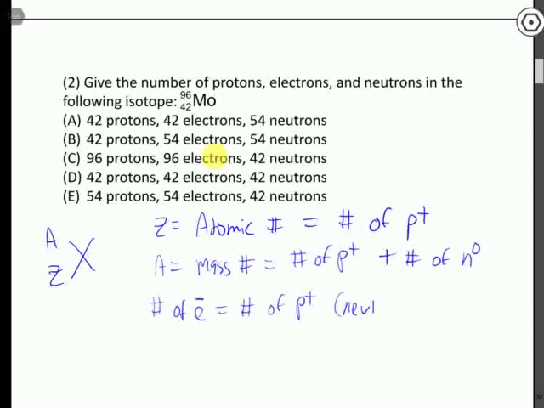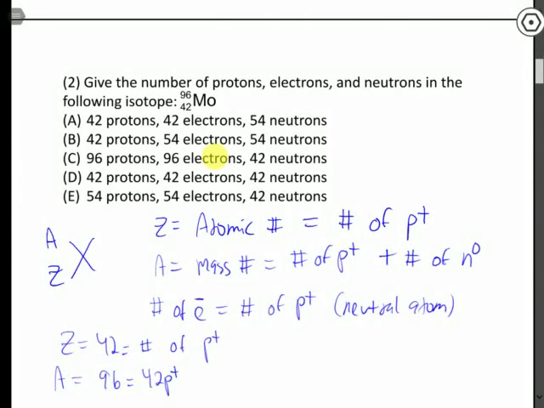For a neutral atom. Obviously, if we have an ion, we have either extra electrons or fewer electrons than that, but for a neutral atom, that's the case. So now we can just find the relevant numbers for this one. For the symbol here for molybdenum, Z is 42, which tells us the number of protons. A is 96, and that's going to be the number of protons, which is 42, plus the number of neutrons. So if we have 96 total and 42 protons, we need to have 54 neutrons to give a mass